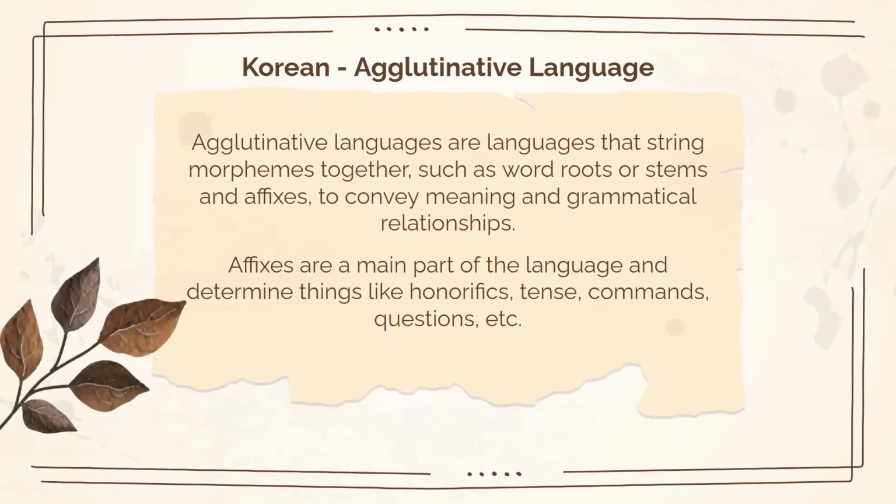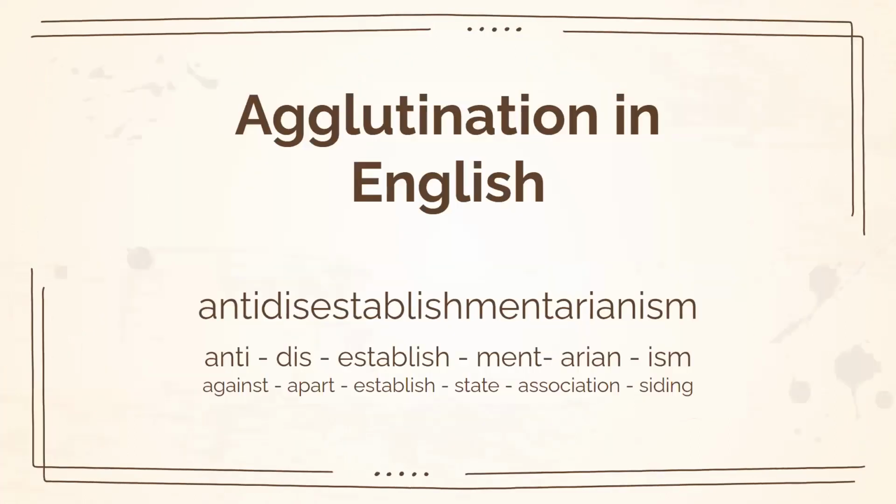As for Korean, it is an agglutinative language, which means that it strings morphemes together, such as word root stems and affixes, to convey meaning and grammatical relationships. So for Korean, you'll see that a lot of the language is determined by tacking on a suffix, whether that be to convey honorifics, plurality, tense, command, questions, and a bunch of other things. Agglutination, although it does occur in English, is not the primary way the language puts together morphemes to make sentences. But to put it into perspective, what agglutination is, the word